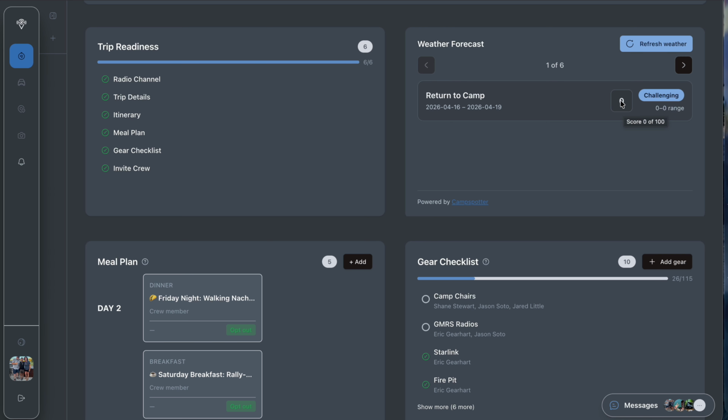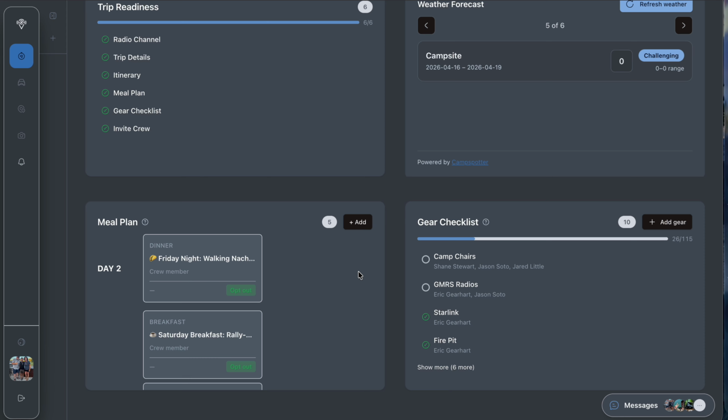But what was super cool about this though was that as the trip was coming up and even the weekend of the trip, our camp scores ranged, I want to say, from high 80s into the mid 90s. It was a beautiful, beautiful weekend. The episode of that weekend should come out here in the next couple of weeks. And as you'll see in those video clips, it was sunny, and I want to say Saturday got up to like 72 at camp, which, 72 in mid-April, I'm not going to complain at all.